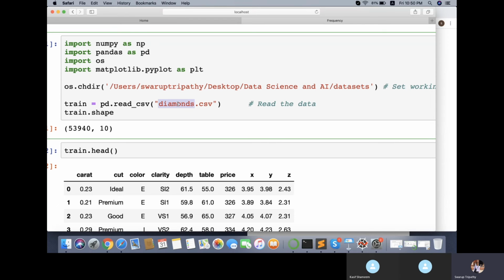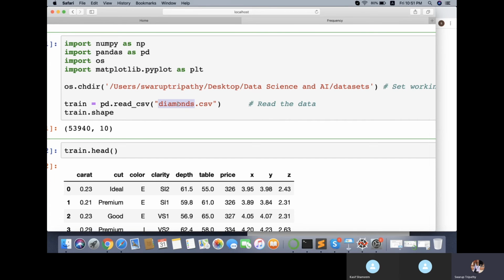Now here I am writing os.chdir, which means change directory. Using that OS package, I'm changing my current working directory. By default, the current working directory will be your home folder. Whatever file you want to import, if it is already in the home folder, you can just directly give the file name.